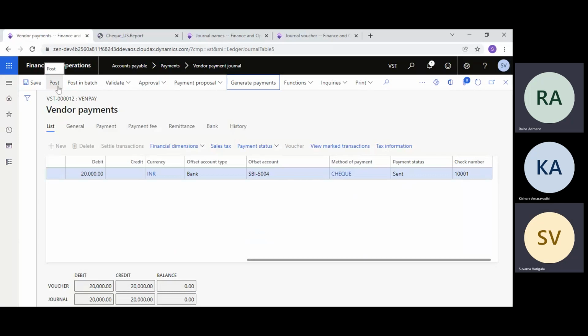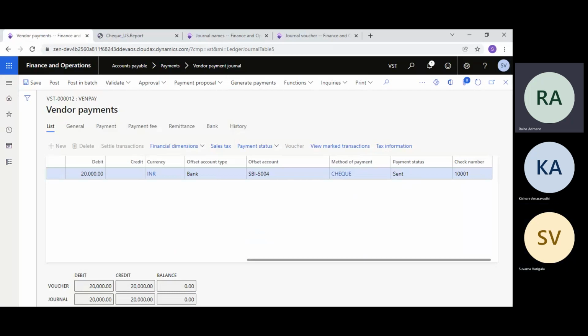Generally, as a best practice, people don't post this till the check gets cleared. Once you have deposited this check into the bank, and the vendor has confirmed receipt of the amount, then you can post this.